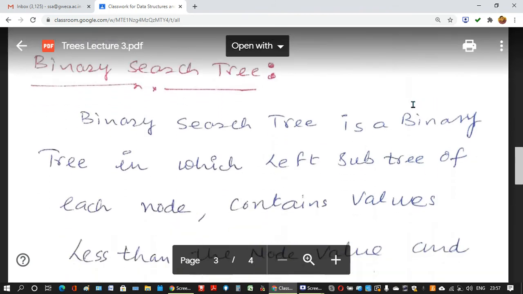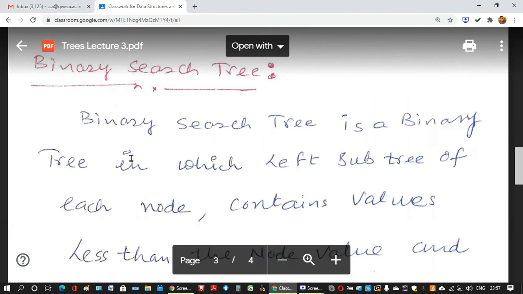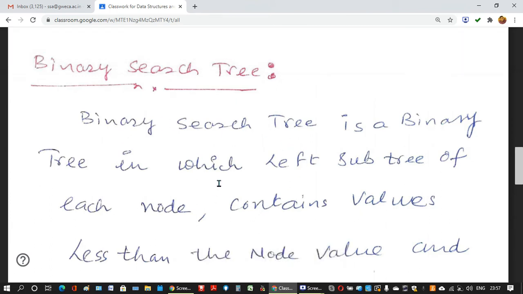Now you come here and see a new thing, that is the binary search tree. This is popularly known as BST, and we will implement BST only in this course. So now you need to understand what is BST, that is called binary search tree. We will take up the definition only today and a little discussion.